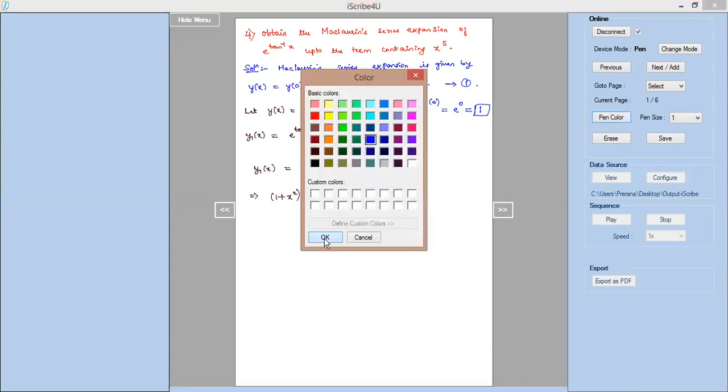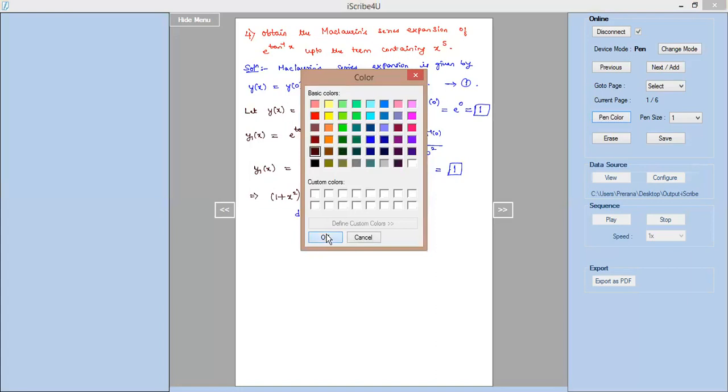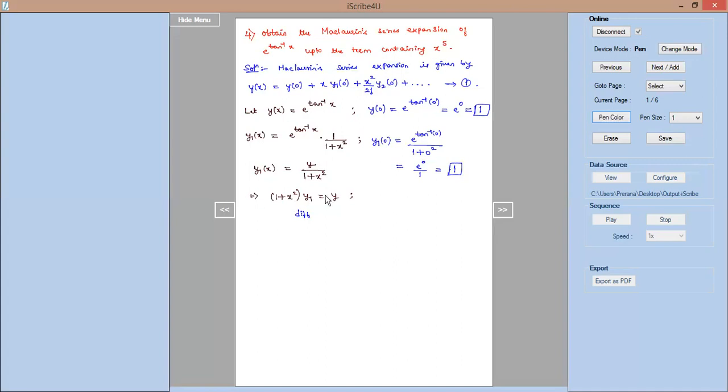That's all. Okay. So we will now substitute at the point 0. So y1 of 0 is equal to e power tan inverse 0 divided by 1 plus 0 square. Tan inverse 0 is 0, so e power 0 divided by 1, and on simplification this gives us 1 itself. This is nothing but 1 plus x square into y1 is equal to 1. This expression we once again differentiate to obtain the next set of derivatives. Of course, you can obtain y1 of 0 from the previous step also, or from the latter stage, whatever we have written.